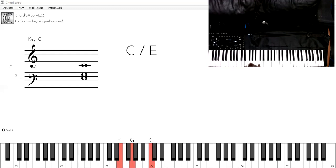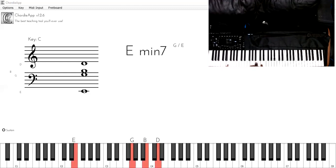Okay, so it starts off. You could do like a lead in tone, the B to the E, and then you could hit this D, and then bring the chord down. We go to this E minor 7. So you hit the D first. So you got G, B, D, and E in the bass. Okay, so you got the lead in tone B to C, C chord,